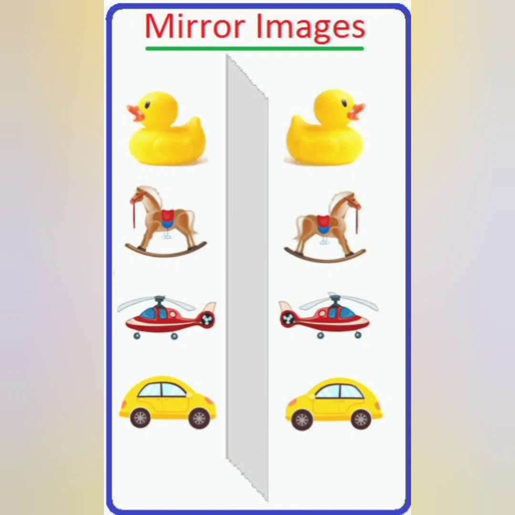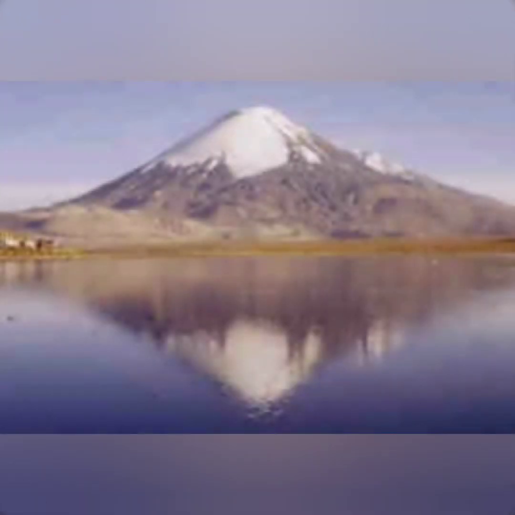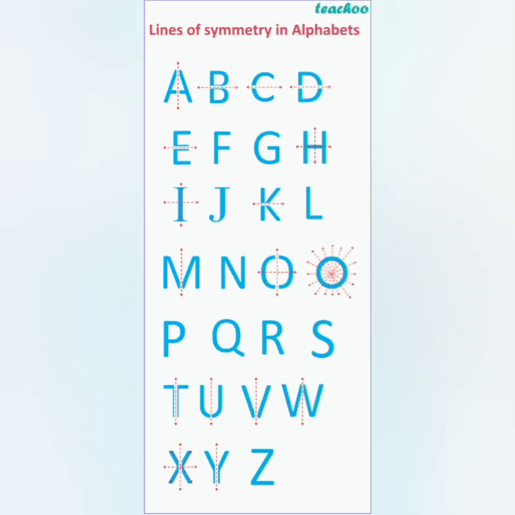These are examples of reflectional symmetry. You can see a duck looking left hand side. When it comes close to a mirror, it's looking the other way. These are examples of reflectional symmetry. Oftentimes, you might be given the letters and asked to reflect the letter or the shape over the mirror line. So you can see from the example you have on the screen how you reflect